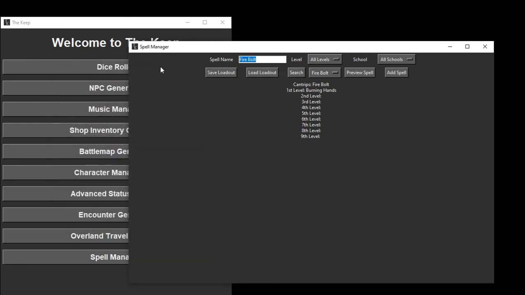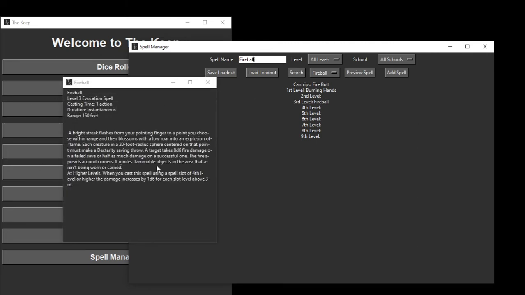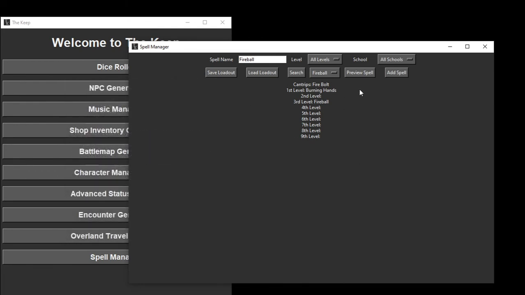To just show one more instance, let's look up Fireball, hit search, select it from the drop-down, we can add it to our spell list, we can preview it. Again, we see the same layout here, and if it has an at higher levels text in its description, you'll see that presented here. So we can go through the process of building out a spell list to our desire,